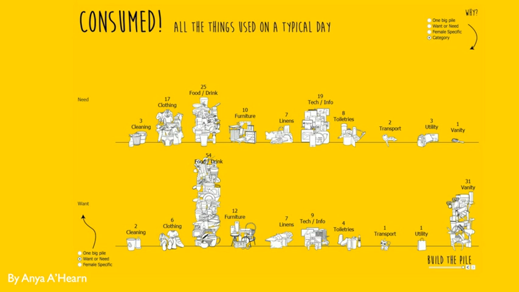It could be anything. It could be a Kleenex. It could be food. It could be just anything that I use or consume. And she wanted to get a better idea about how many things there were in her life. And so she created this visualization with 222 shapes of objects. And then she categorized them as things I need or things I want. She categorized them by their type: clothing, furniture, utility, vanity, and so forth. And she also included a category of, is this an item that would be specific to females or not?